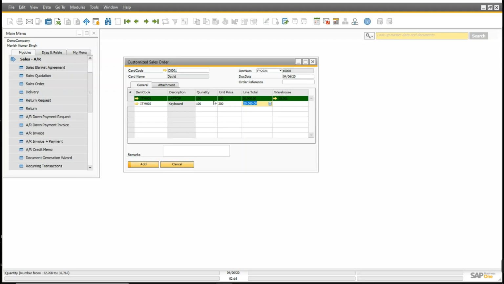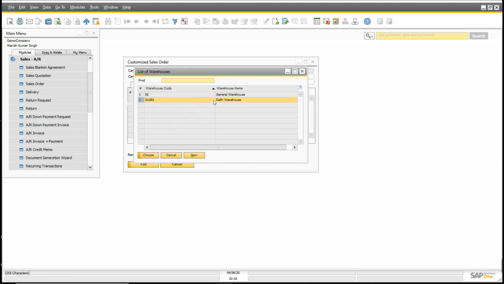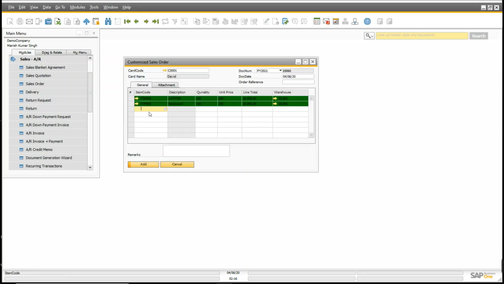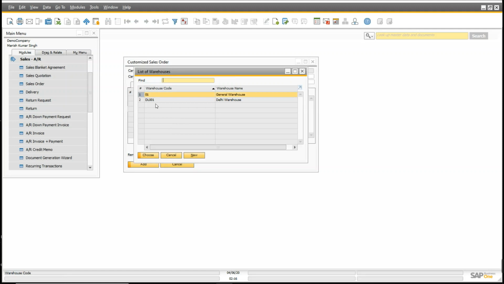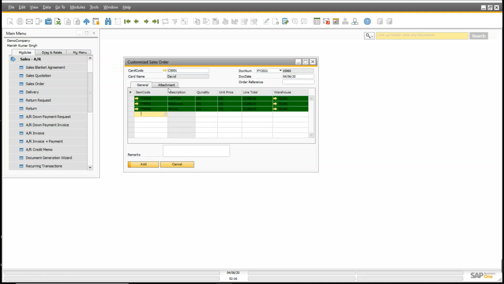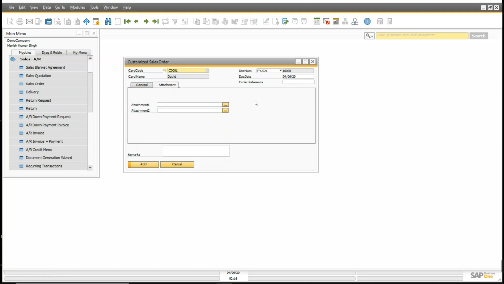I'm taking the same quantity. So we have done the matrix entries. Now come to the attachment part. Here I have given two attachment options.